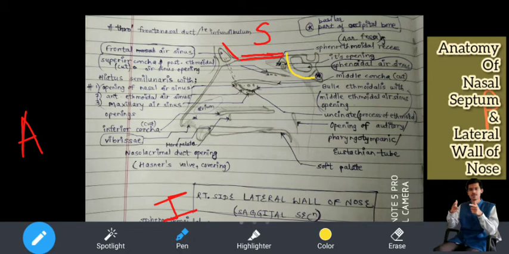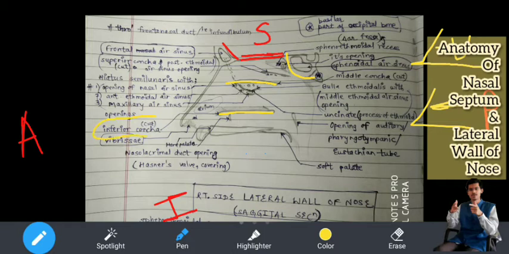Now the lateral wall of the nose is divided into 3 parts. I will show it in yellow color. See, this is the inferior concha. Then this is the middle concha, which is cut. How the concha actually is, you can see in the diagram. I will not be able to explain it here. If this is the nasal wall, it hangs down like this. If you cut it, how will it look? It will look just like this. Understood? Nasal concha. So the inferior concha, this is also cut. One second.